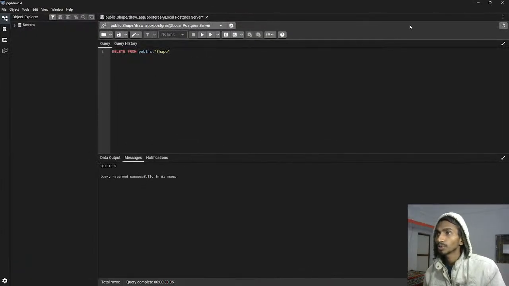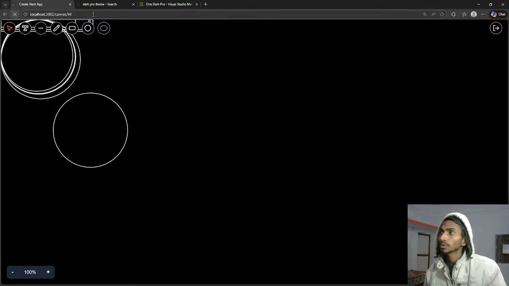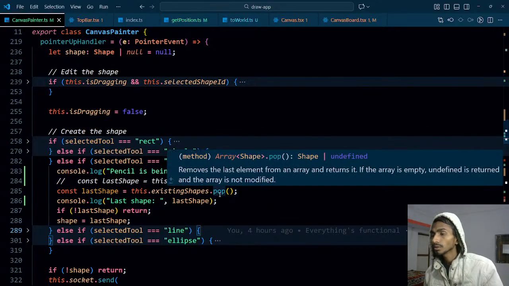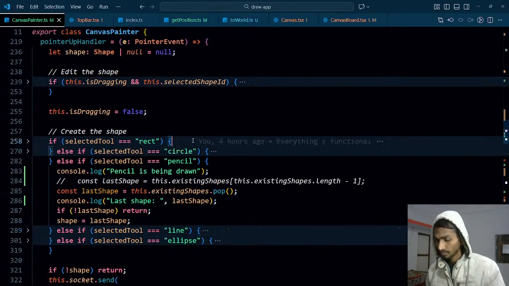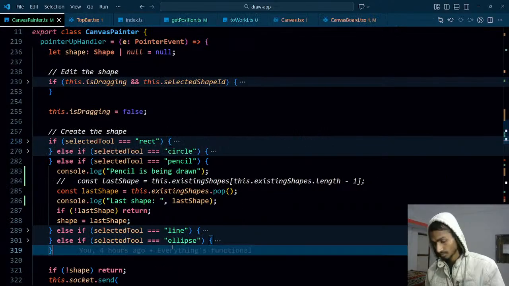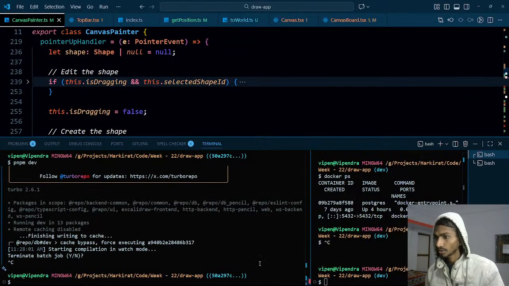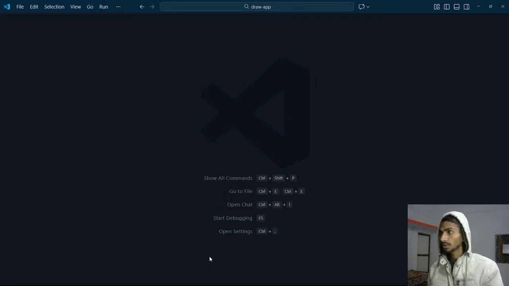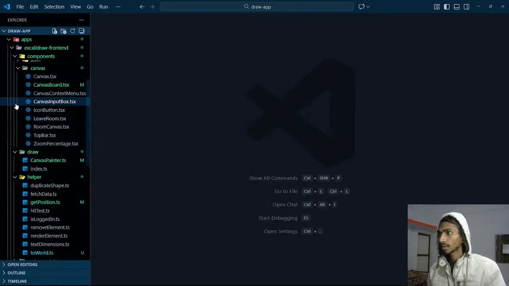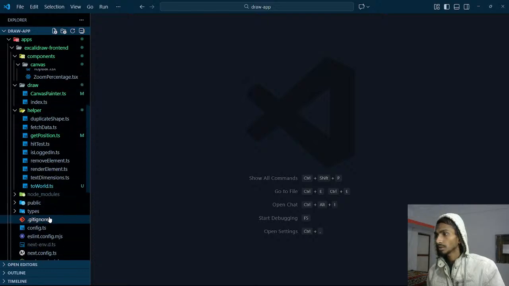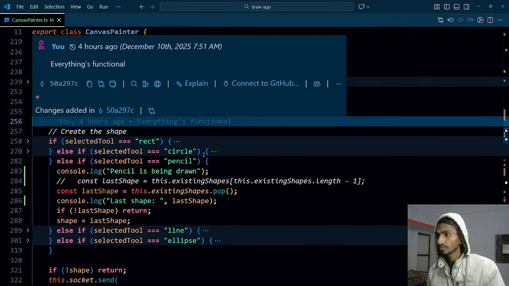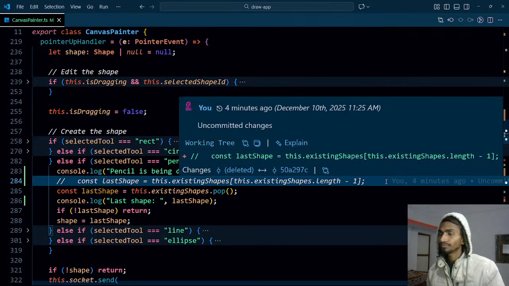Let's delete everything from here. Reload the page. I hope I'm running the previously written code, not the current one. But I think I'm running the current one only. Let me even make sure which code is being run. I'm in here. That means if I just close everything and if I open my canvas painter, this is the last shape that I